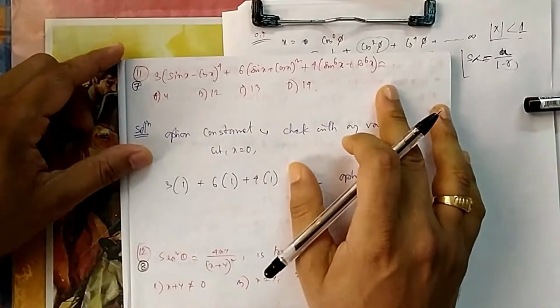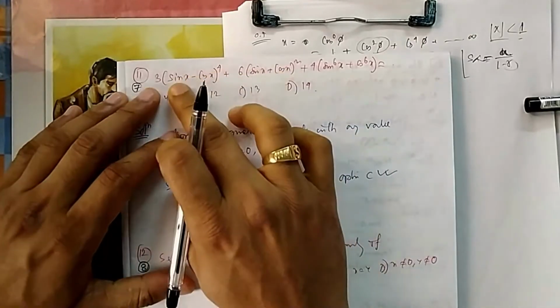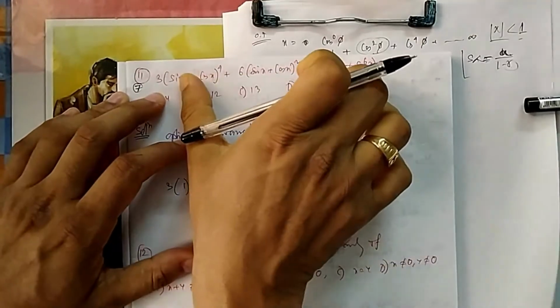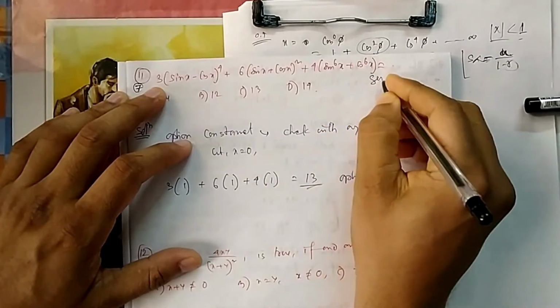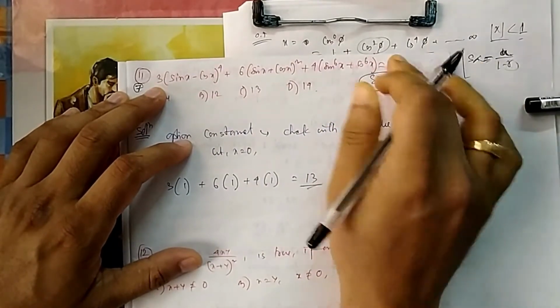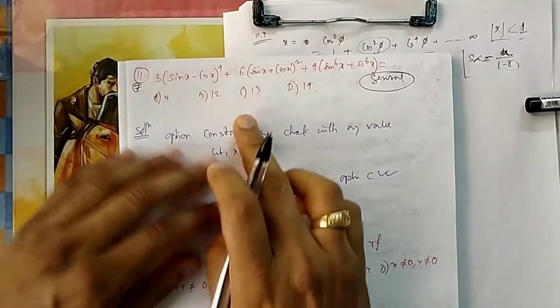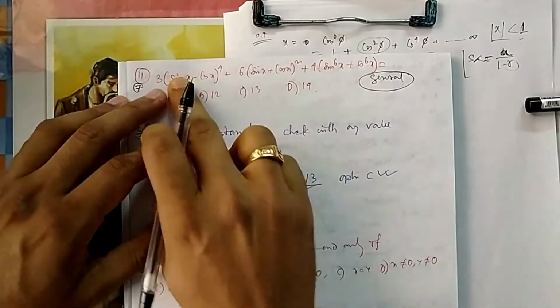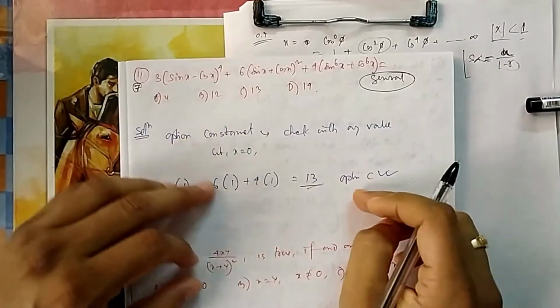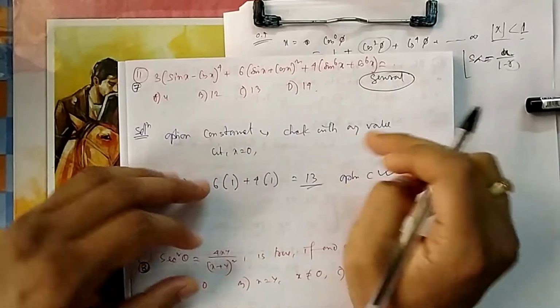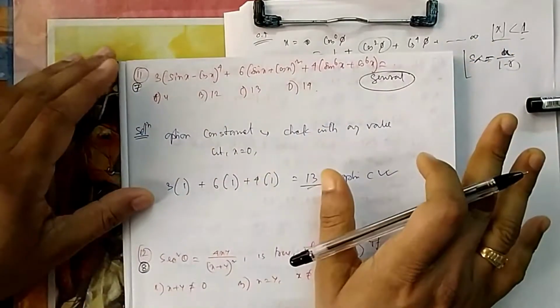Now if you see question number 7, this is equal to this. So again this is something of an identity. For any value of x it is true, which means it is a general question. You can take any value of x. So let's take x equal to 0, put it there and find what the answer will be. That is 13, and 13 is the only one in the options. So option C will be the correct answer. That directly gets you the answer. No need to solve it also.